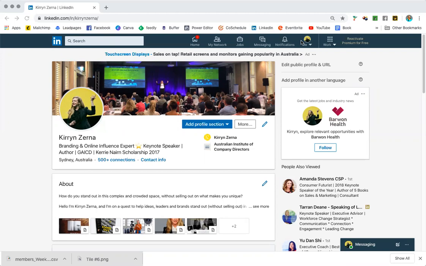Now, of course, we all have the assumption that we all know how to use LinkedIn. At the same time, there's different aspects to it that we may be more or less familiar with. So, for the sake of putting us all on the same page, I'm just going to give you a quick walkthrough of LinkedIn. Now, when you log on to LinkedIn, more often than not, you come in on the home